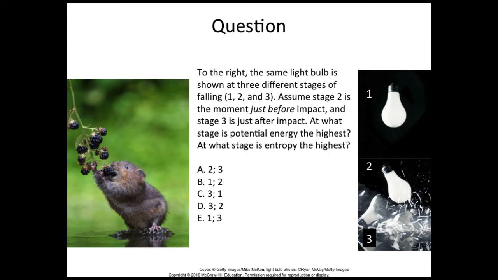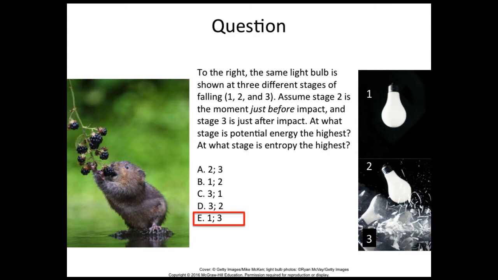Assume that stage 2, which is that moment just before the light bulb explodes, and stage 3 is that moment just after impact. At what stage is potential energy the highest, and at what stage is entropy the highest? So you've got 5 choices. Choice 1 involves 2 of these numbers, and so on and so forth. So look through these on your screen, and the best answer is